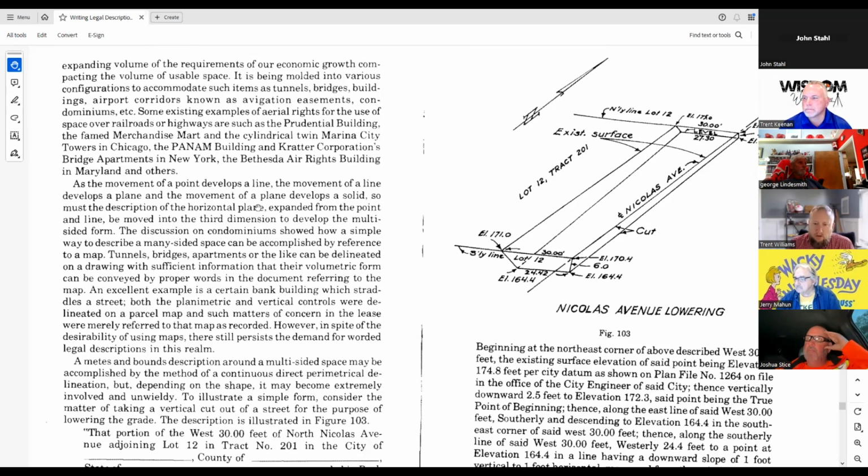Now that's not a written description, but I think that's what we're seeing more and more of. And what Wattles is trying to convey is probably the beginnings of what we're seeing now in many different areas with airspace use. We have one similar subdivision where we have to do height verification as well. Just like you're talking about, finished floor to highest point of the roof, to make sure it's within compliance. We sent one of those out today as well.